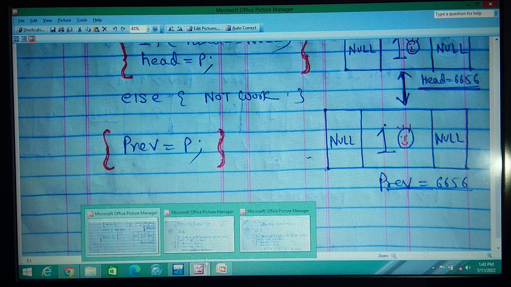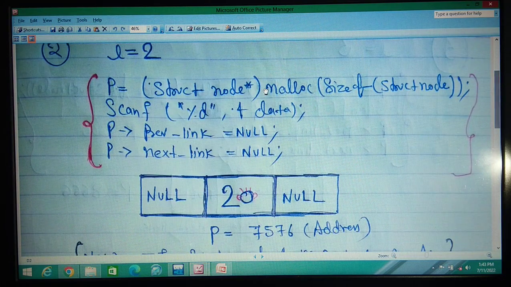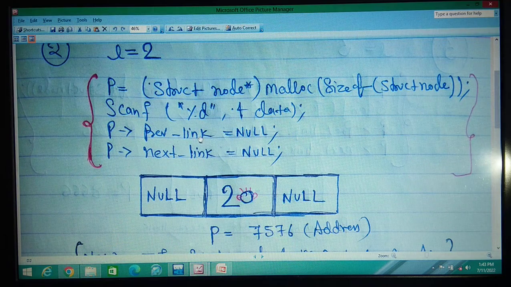Whatever the address of p is, that will also be the address of prb. What is p? P is this. Whatever the address is, 6656, the same address will be in prb, 6656, and the same data will be stored.